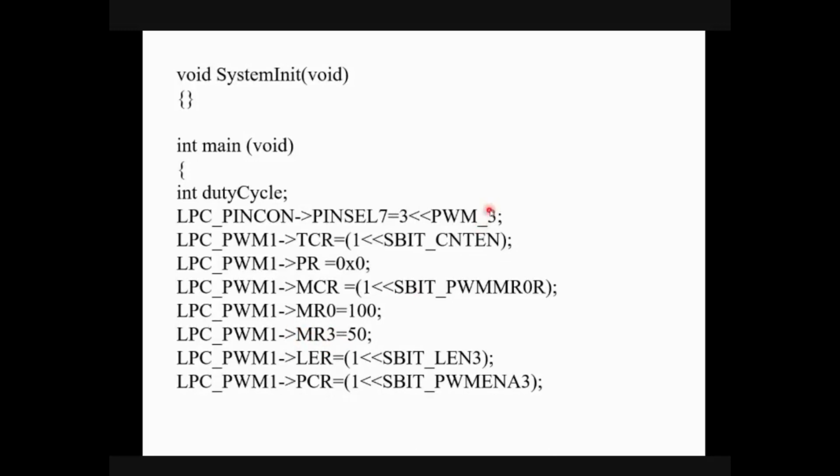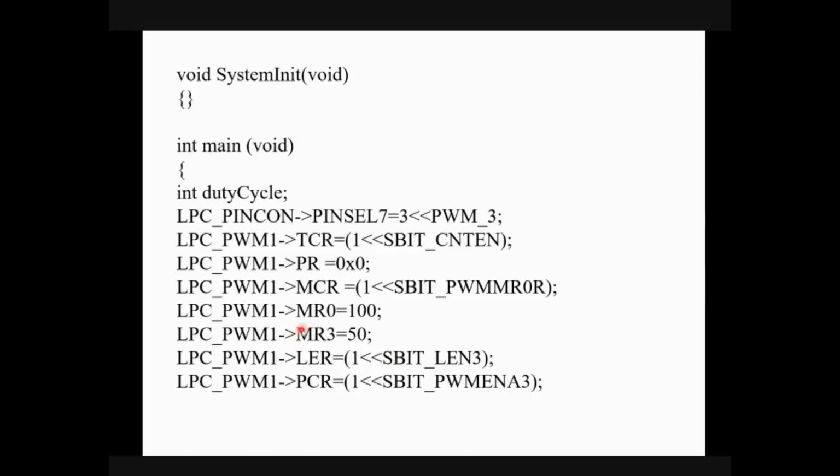Because we are using PWM1.3 by using the port number 3, pin 26. We are making the PWM1.3 pin work as a PWM generator.